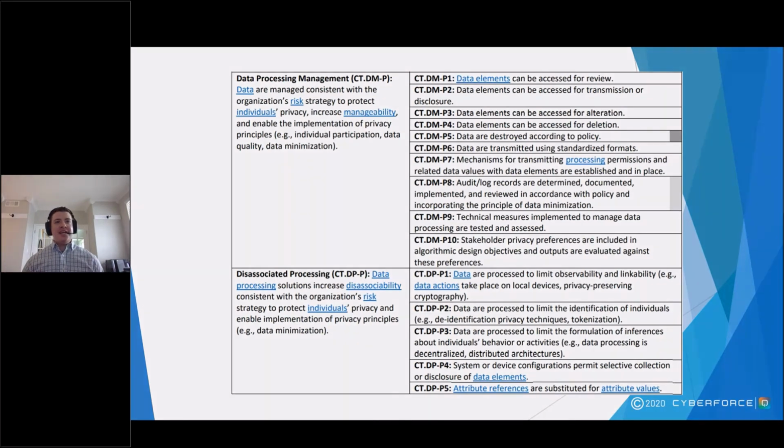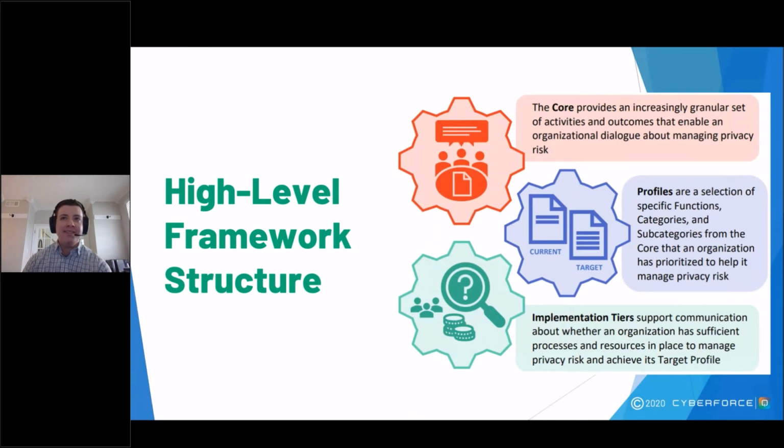All right, so I hope I've conveyed what that framework core is all about, and I'm going to take a step back now because there are two more parts of the framework worth mentioning. I'm not going to go into as much detail here, but I want to make sure to explain what they are. After the core, the next part of the framework is something called profiles. Basically, this part of the document provides a structure that can be used to compare your current state of privacy risks against your desired state of privacy. This really just allows you to convey very clearly where things stand, what the target is, and then what are the specific privacy advancements that are necessary for you to reach that target state.